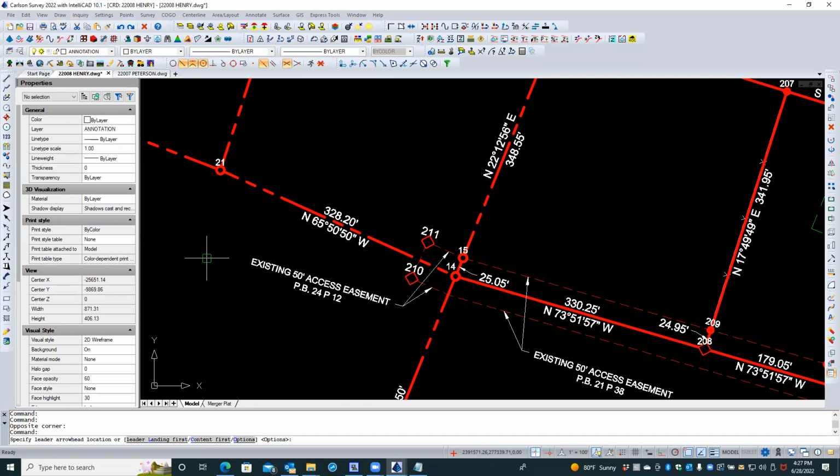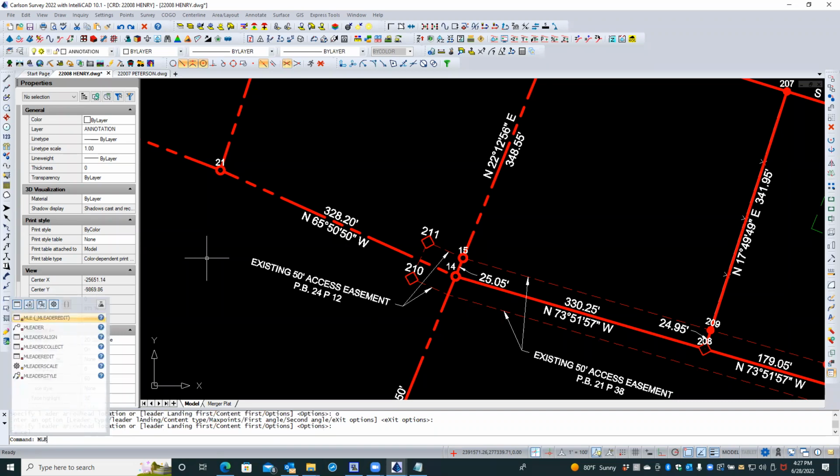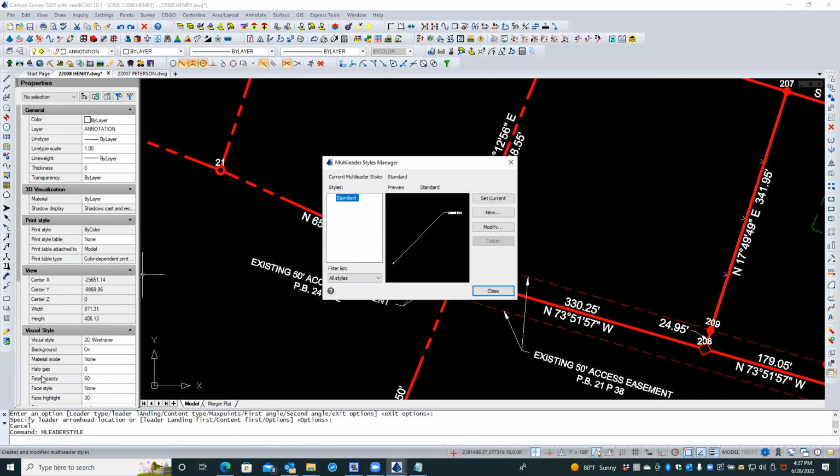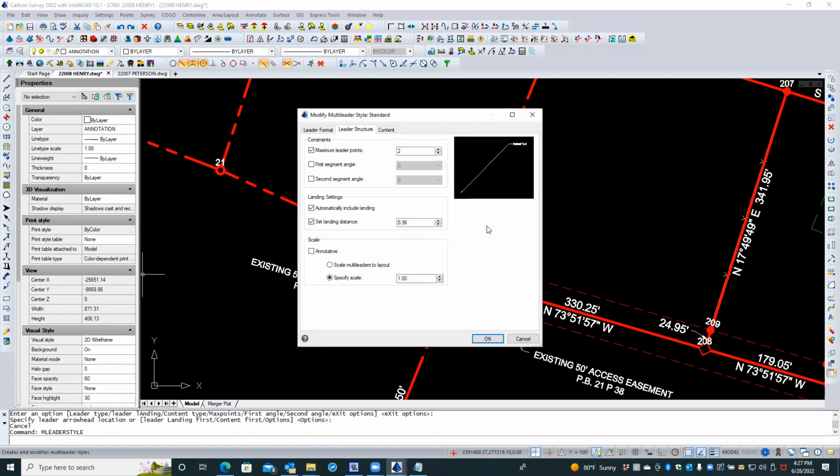Let me see if one of my options... Leader type, content. No. M leader style. I have no idea where they've hidden that command, but anyway,